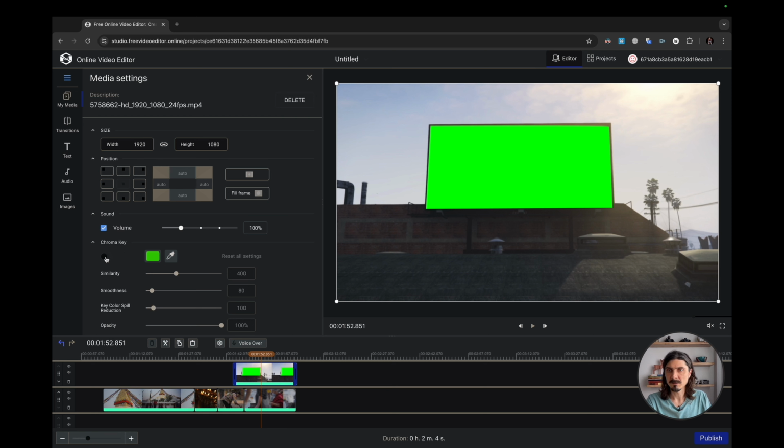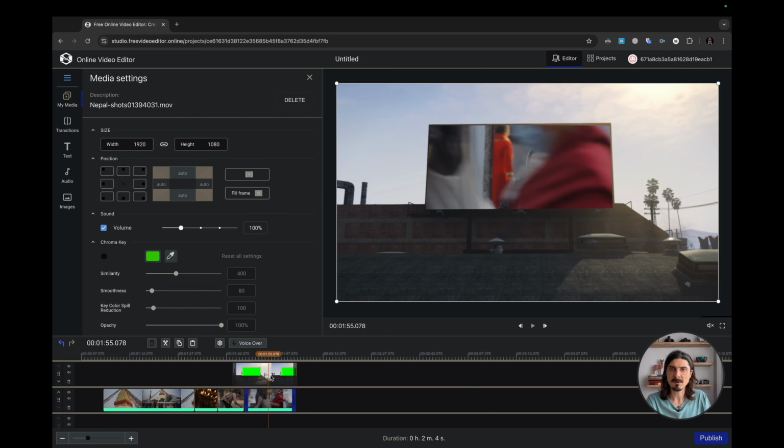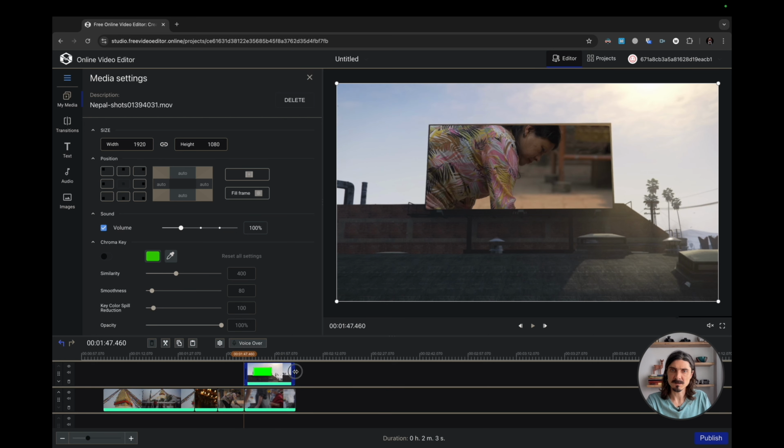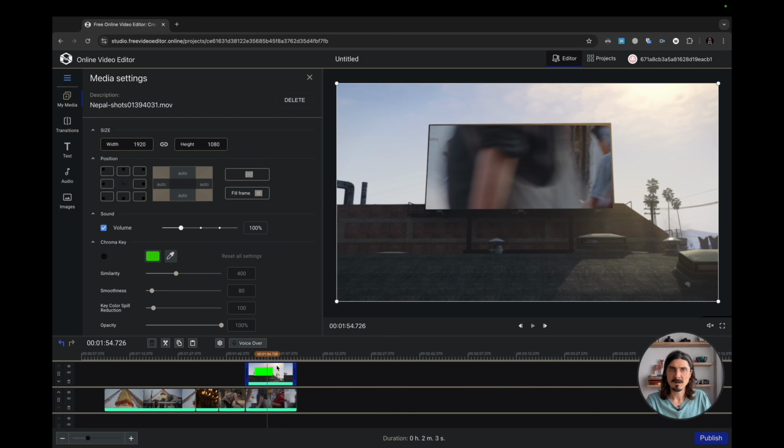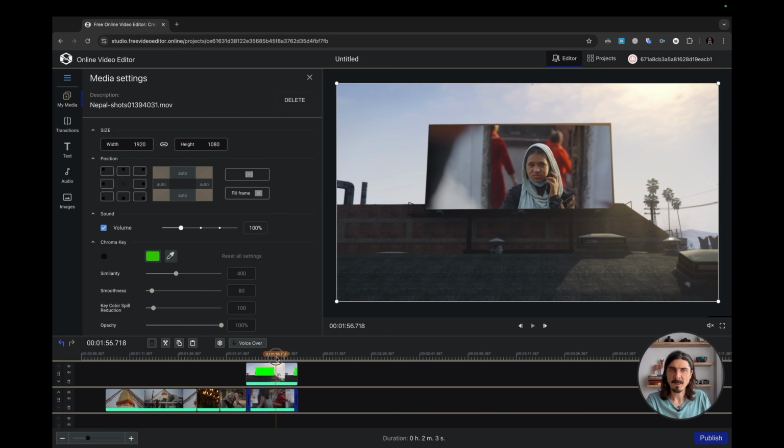So when we click to enable the Chroma key, then you see instead of that color we see the layer that is on the bottom of the timeline. Let's adjust it like this. Okay, so we want it to appear like it's on an outdoor screen on some street in some city. So to adjust it,